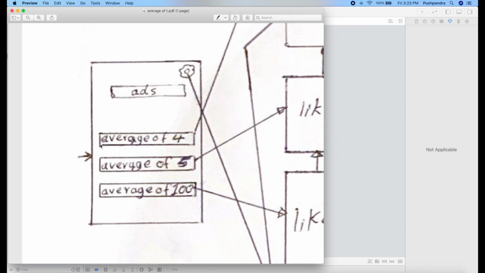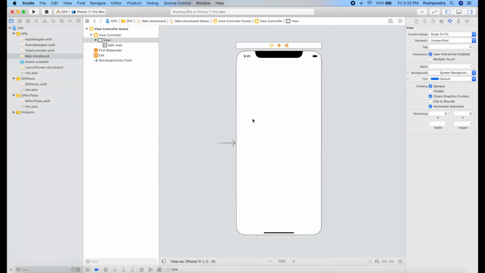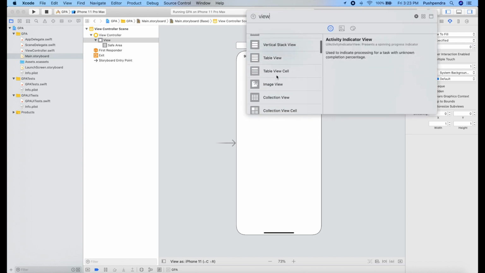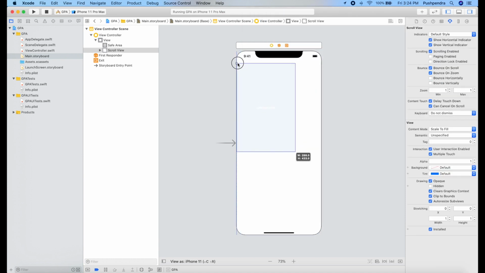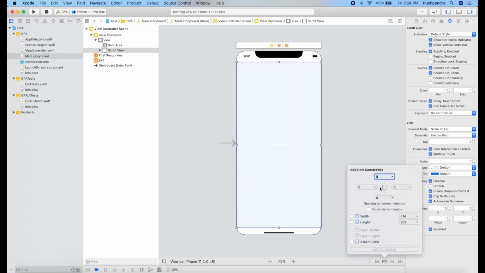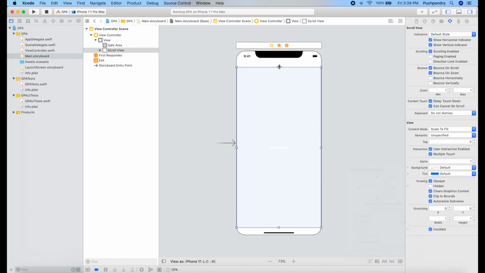In our requirement we have 3 normal buttons and 1 setting button, and one ads view. Ads we will integrate later, but for now I will integrate the buttons. So how can we integrate buttons in our programming? First of all, this is common sense. We need to use the scroll view for every screen, because if the user is rotating his phone, portrait or landscape, then our design should not be messed up. So it's mandatory to use a scroll view.